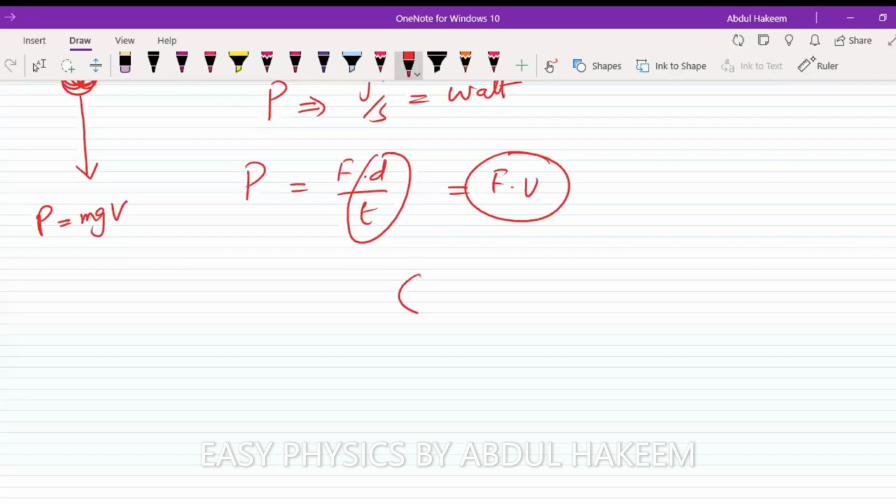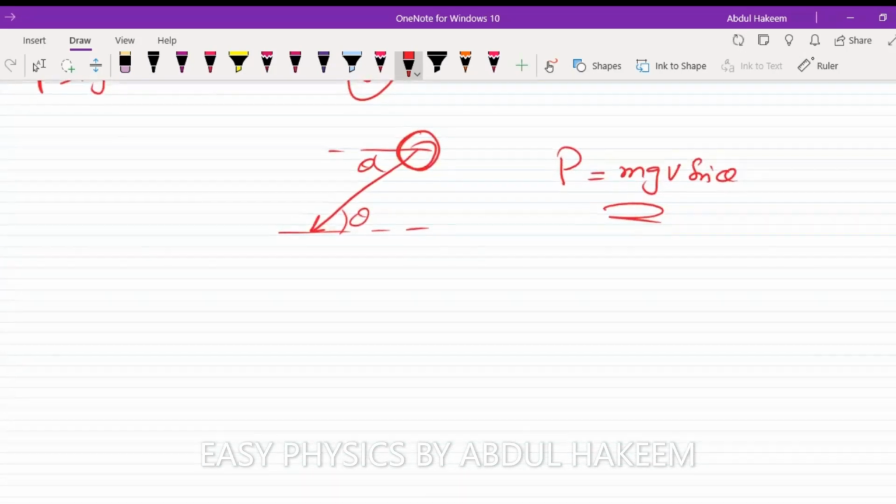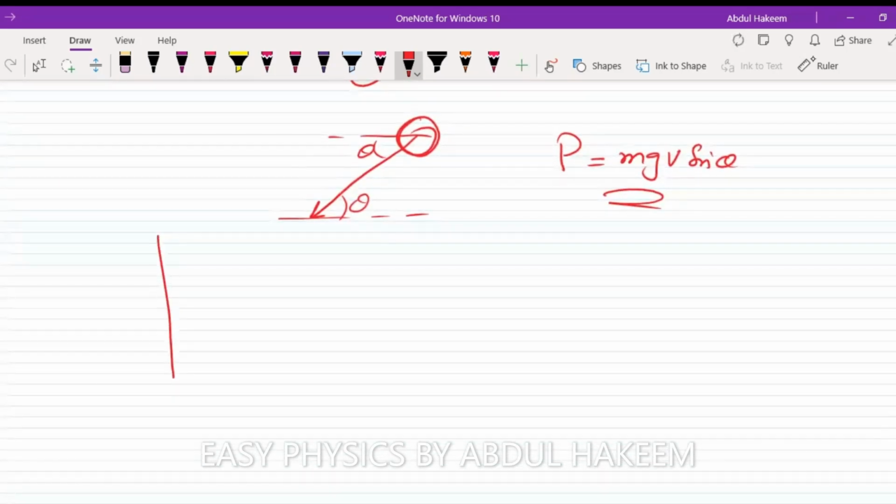But if the object is moving in an inclined direction, then the component of the weight is bringing it down, not the whole weight, so the power will be mgv sine theta. Now the graph: suppose power and speed